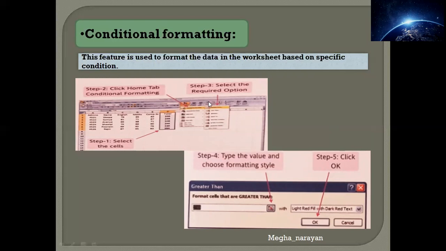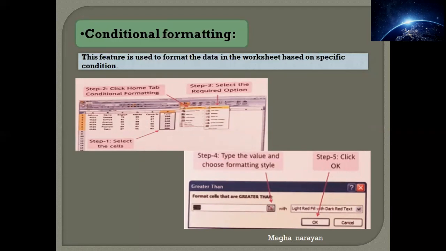After that, you are supposed to give the particular required option, that means whatever condition you are trying to have, you will get that option. Once that is done, step 4 is to type the value and choose the formatting style. Fine. This gives you the particular value, along with the formatting style. And the last one is to click on OK.